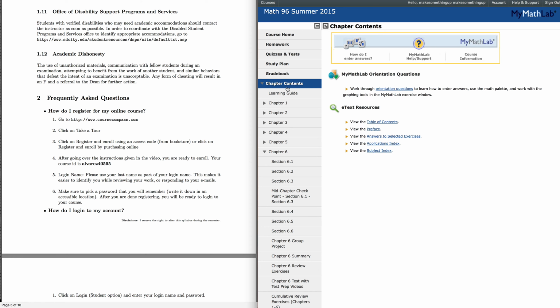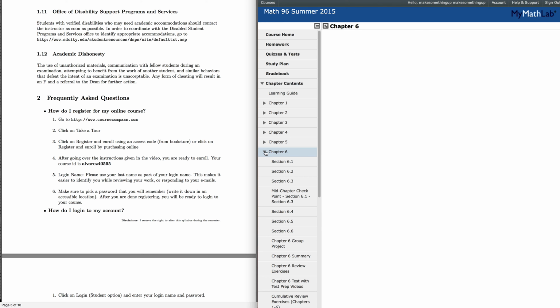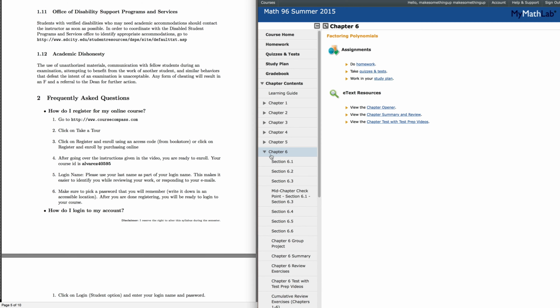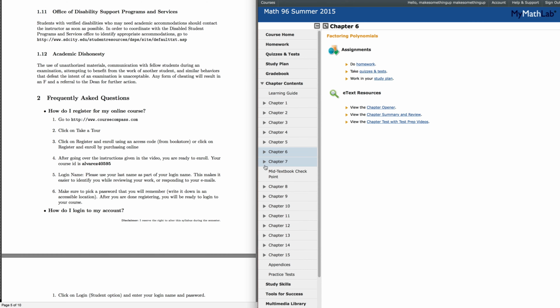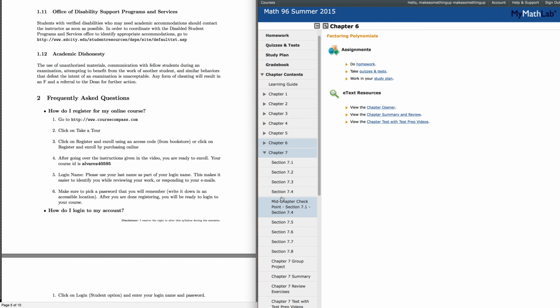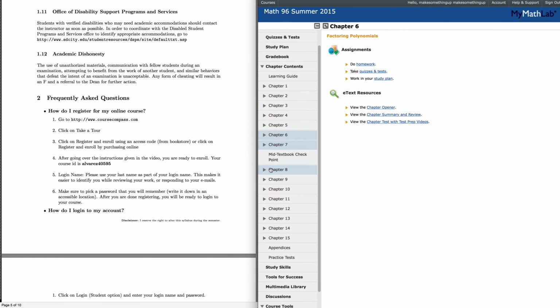Now here under chapter contents is the book. You can see the different chapters. Here we pretty much review chapter 6 real quick because it's very important. It's on factoring. But we really started chapter 7, and even that's a review, but it's very important. So chapter 7, chapter 8,